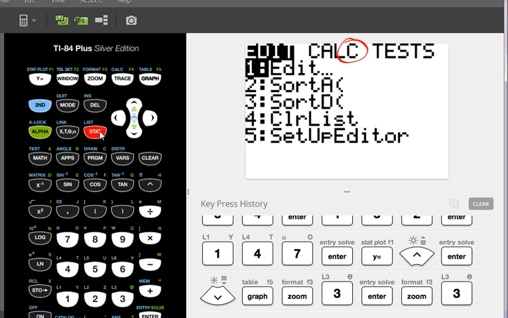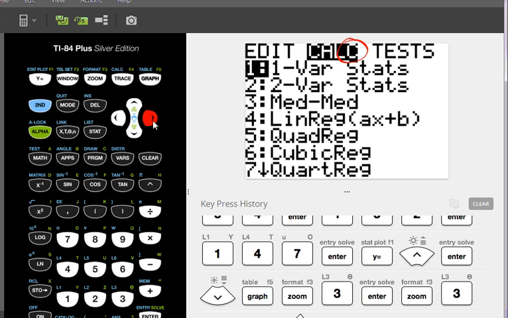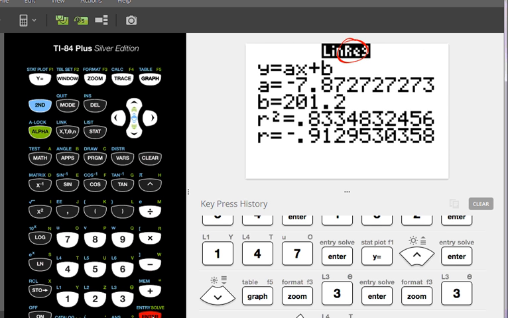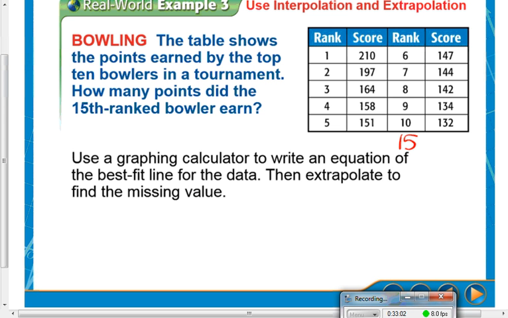So let's get out of here. Let's create our equation, stat, calc, 4, and enter. And we're going to enter until we see calculate. And there we are. Okay. So I've got r is equal to this, and the rest is my equation. Okay. So in order to come up with our equation, our best fit line, once I got done rounding it to the nearest hundredth, I came up with y equals negative 7.87 plus, ooh, I forgot my x, plus